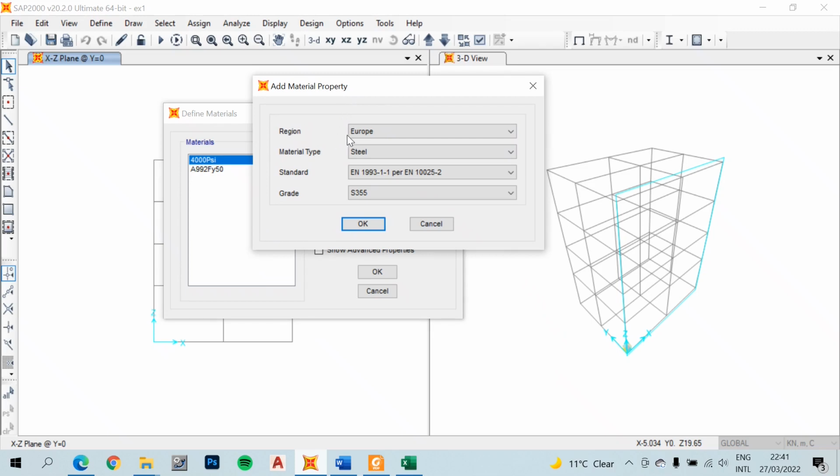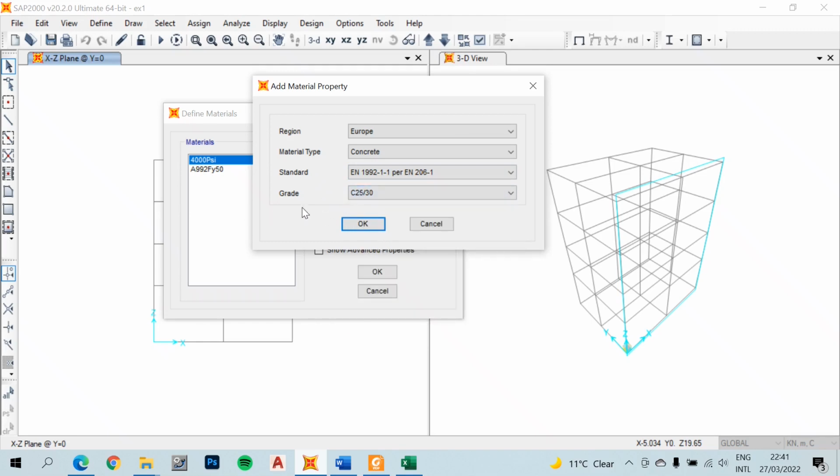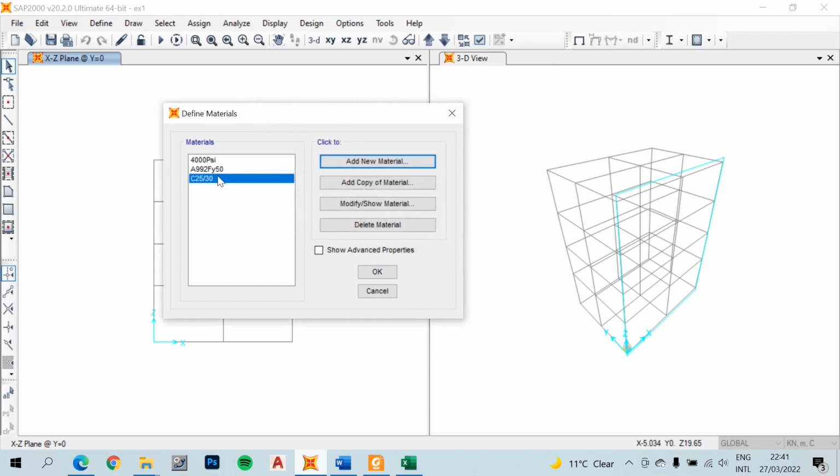So the region is Europe, which we are in. The material type, of course, concrete, and the standard, the European standard. This one is, of course, the only option we have. And the grading will be this one, as you saw from the building description. And then I click OK. After clicking OK, you can see that